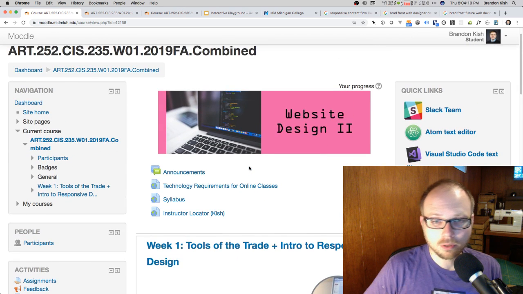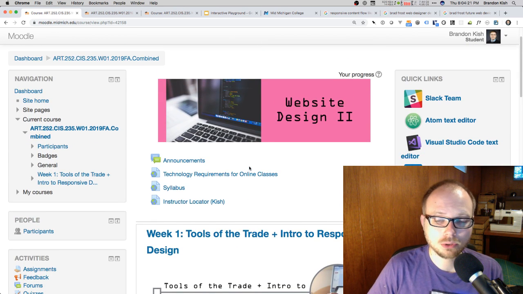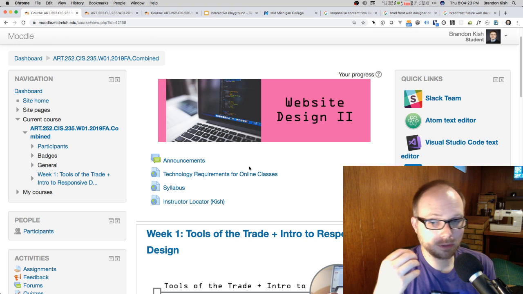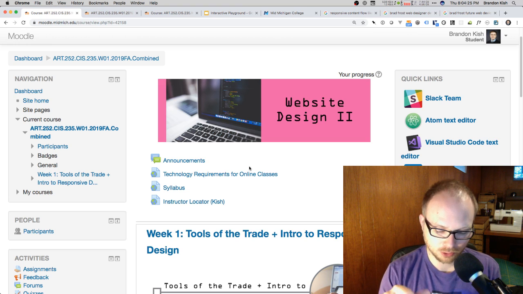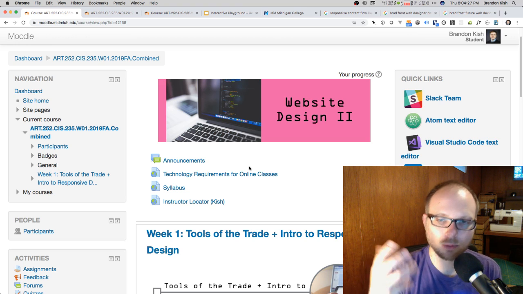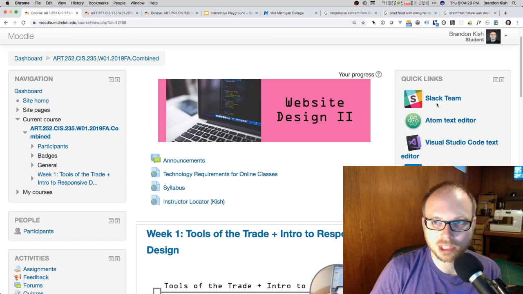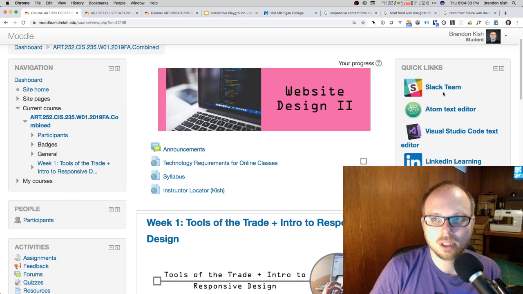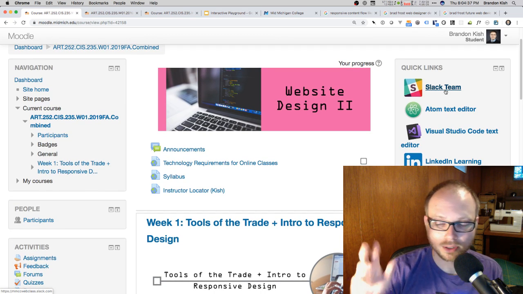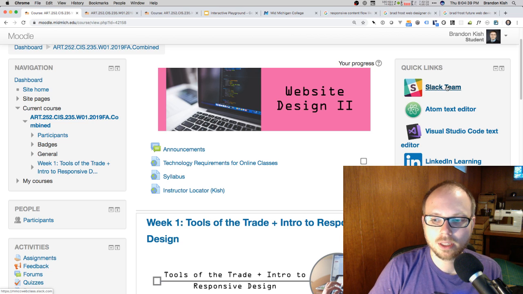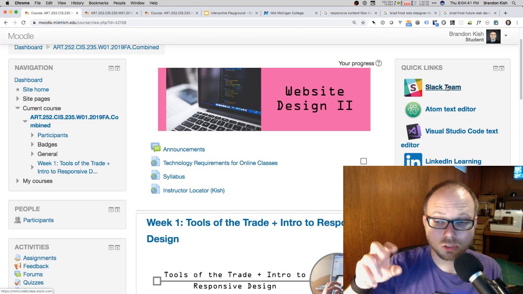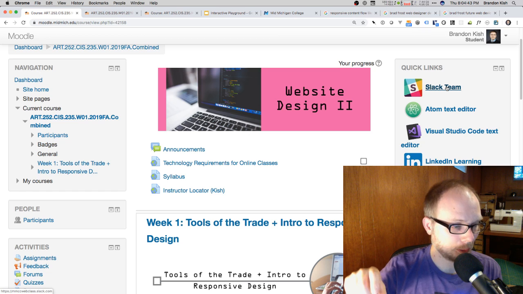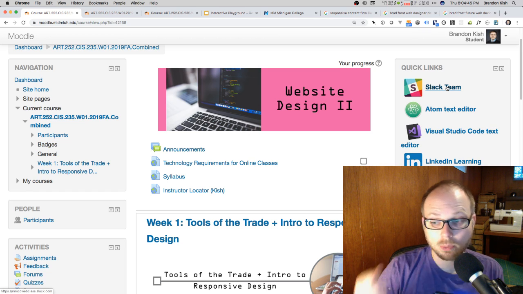Everyone's familiar with Moodle from previous semesters, but I do want to just plug really quickly uploading a photo, an updated avatar of yourself into both Moodle and our Slack chat room. The links to all of the things that you're going to need this semester are in the upper right-hand corner here of Moodle. We're using Slack again. So if you're watching this recording and you have questions, say hi in the Slack chat room. If you're live on Twitch, you can actually use the chat room that's at the bottom of the video, and that's a great way to ask me questions during the live stream.